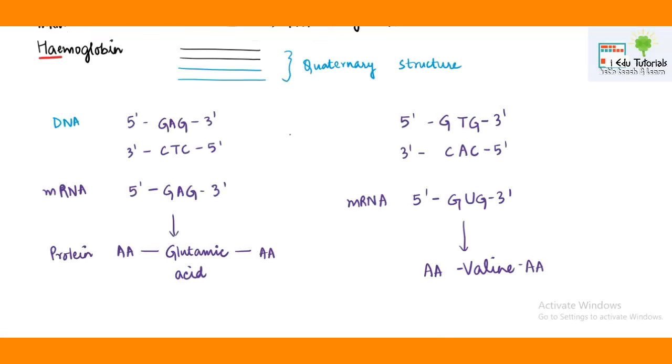Now, you know that hemoglobin is a red color pigment in the RBCs, and each hemoglobin molecule has 4 polypeptides. You can see here that I have shown them with the help of a line. 2 polypeptides are drawn in black color and 2 are drawn in blue color. Means 2 polypeptides are similar to each other and 2 are similar to each other. Thus, hemoglobin exhibits quaternary structure because the polypeptides are more than 1.